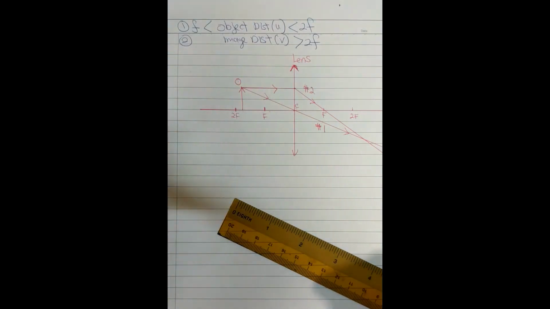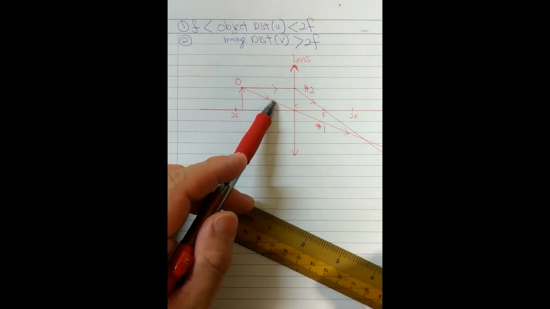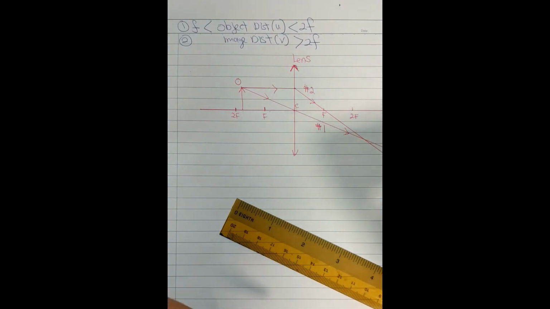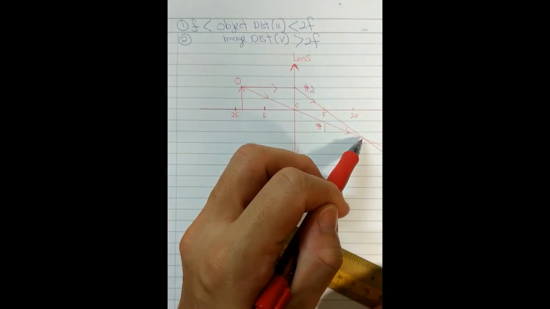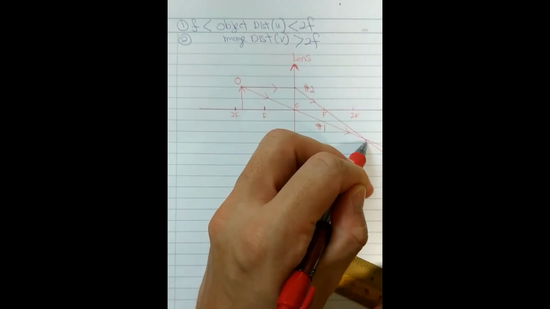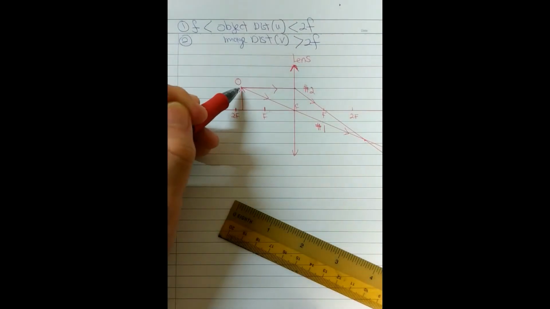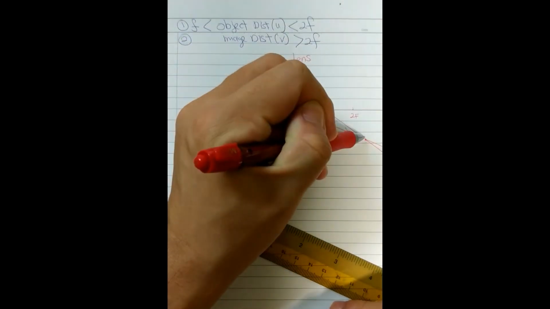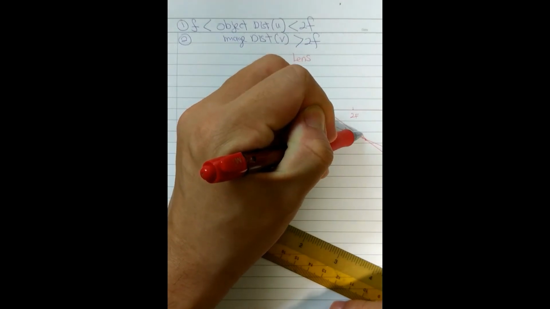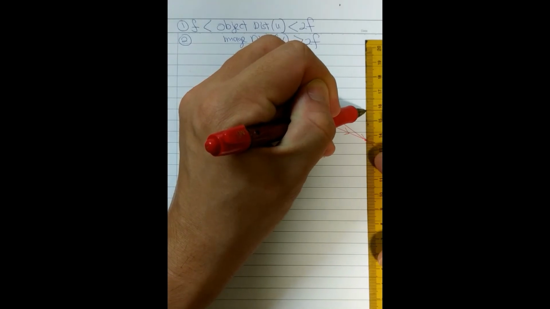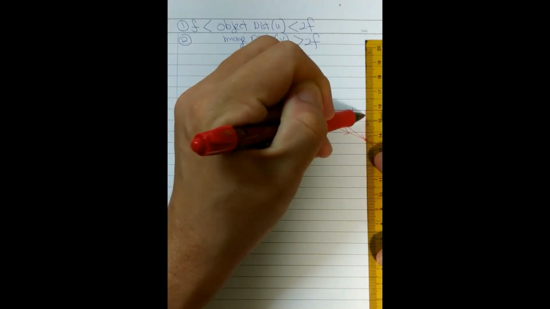So I repeat again, ray 1 and ray 2. The intersection of these two rays will give us the image. This is the intersection point that I'm talking about. This intersection point is the image of the tip of my arrow, which is here. So my image will be upside down, inverted, and we will be